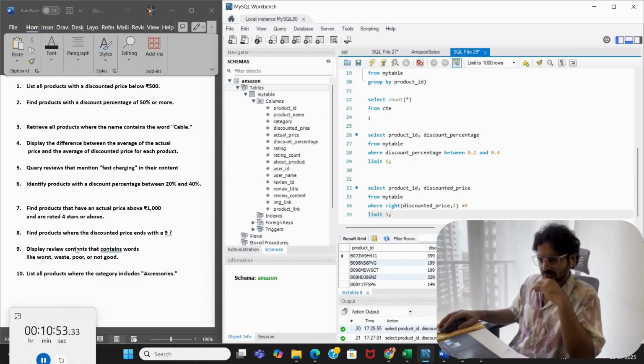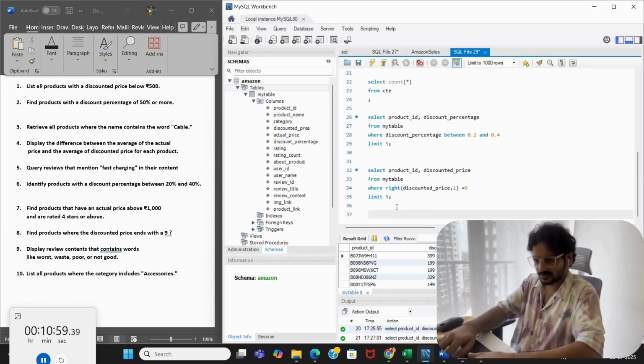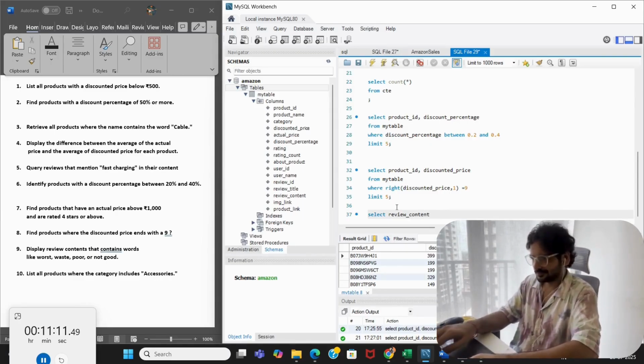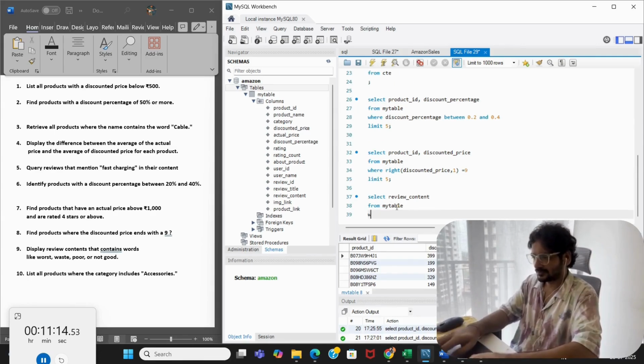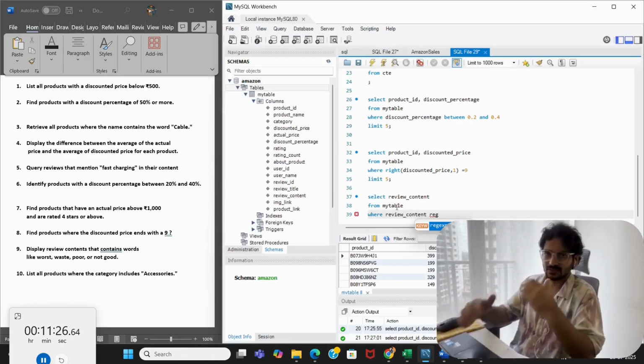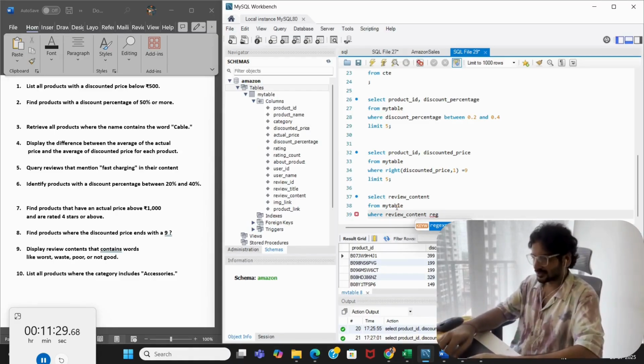The second last requirement is display review contents that contain words like. Okay, this is a good one. Let's get done with this. Select, what do you want? We want review content. Okay, review underscore content from my table where review content, we'll use a regular expression, because if we use like, then we'll have to use the or operator, and it's just too much code for a very small task. So we'll use regular expressions, and let's say